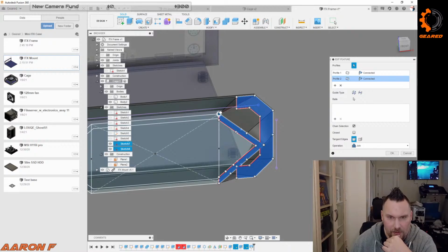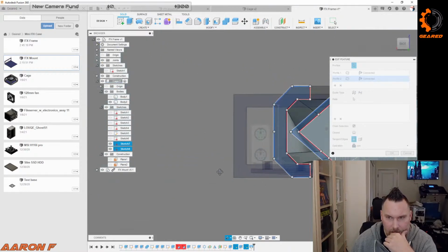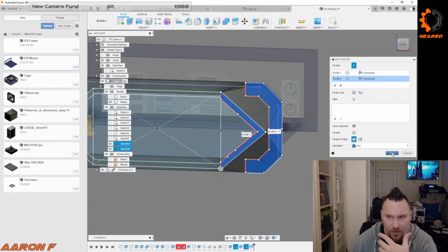Can I move these around? Like I would love it for this to do that. Like that would be the exact shape I want right there. I don't care about the inside. So if I say OK to that,